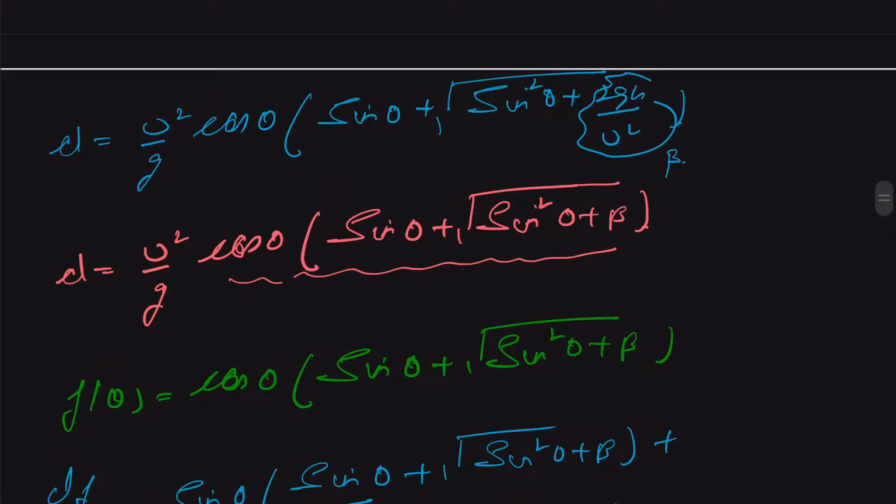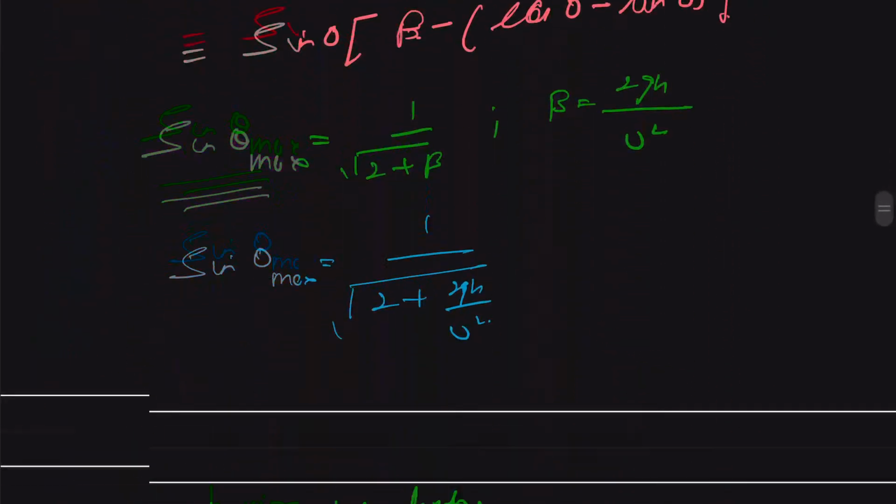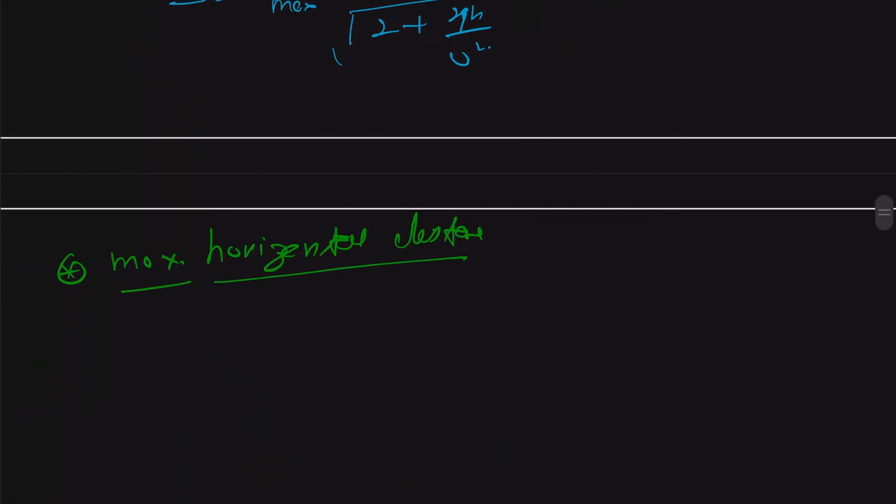Let us call this equation number 1. This will give us the maximum value of d, d max basically. So we can say that from equation 1,